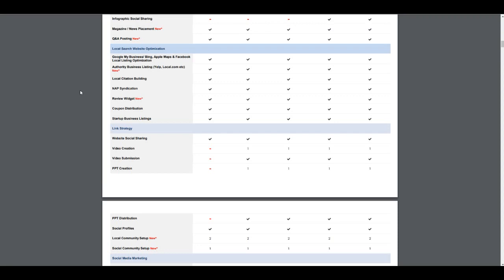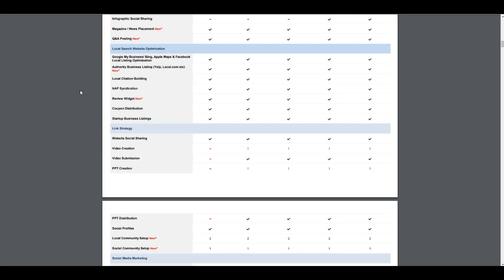So within the dashboard, you'll notice that we analyze your client's local directory presence. What directories are they listed in? What has inaccurate business information or duplicate business listings, or which ones are they not in? We have a full analysis report that goes out on that, included in your SEO report.